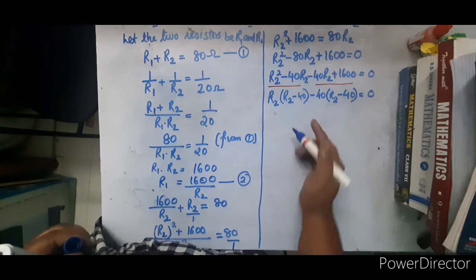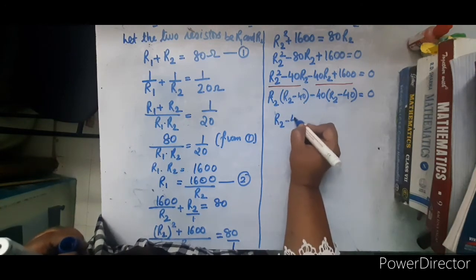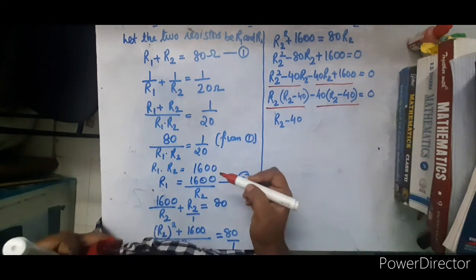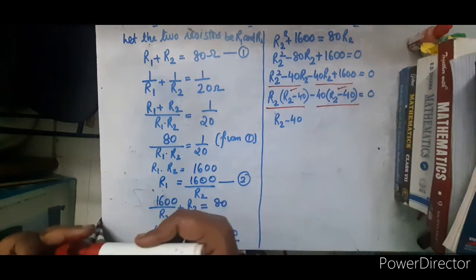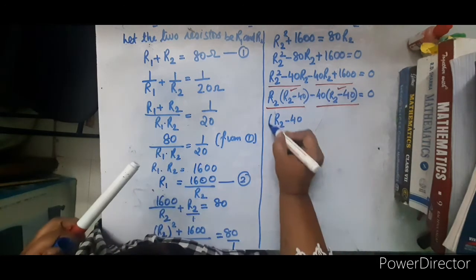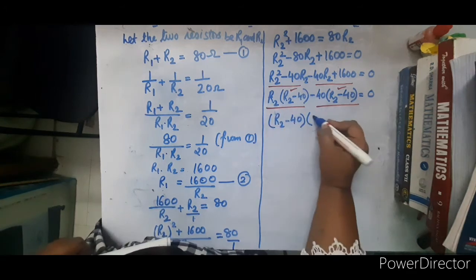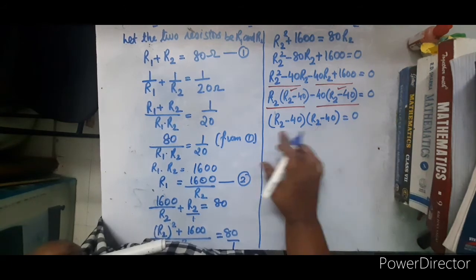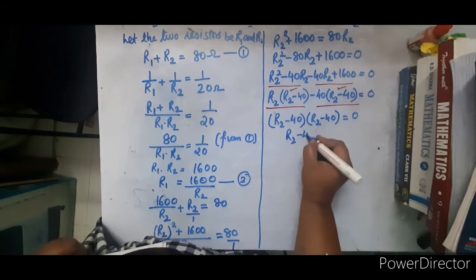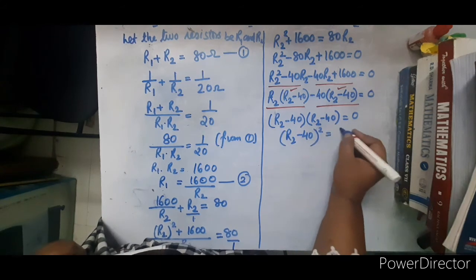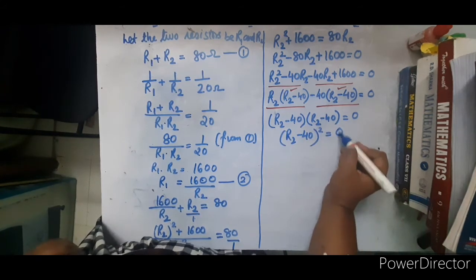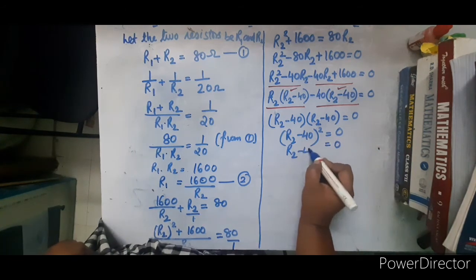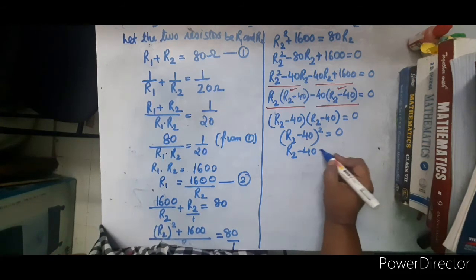So if you see here, R2 minus 40. See here, what is common here? In this and in this, what is common? This bracket is common, no? So I'll remove this bracket out. Taking R2 minus 40 out, what is left in here? Here one R2 is left, minus here 40 is left equal to 0. If you see, both the brackets are same, that is R2 minus 40 whole square equal to 0. If I remove a square, it's square root on the other side. What is square root of 0? It is 0. So the square goes out and I am left back with this. Right?